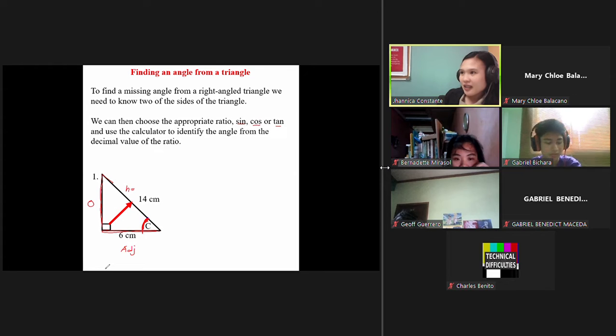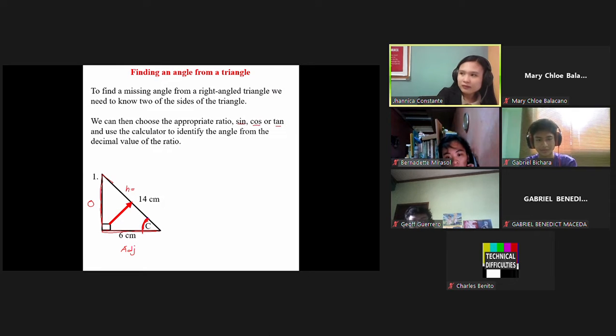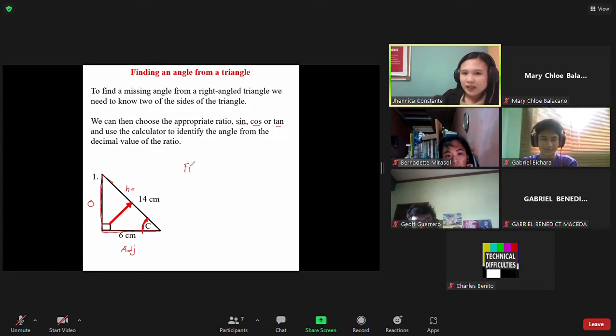Okay. That's how you can identify the parts of the triangle depending on the angle that you're going to solve. Just remember, the opposite is the side facing the angle. Adjacent is the side connected to the vertex of the angle that you're going to solve. So given that we have the measurement for our hypotenuse and we have the measurement for our adjacent, that means we're going to use the ratio to find angle C